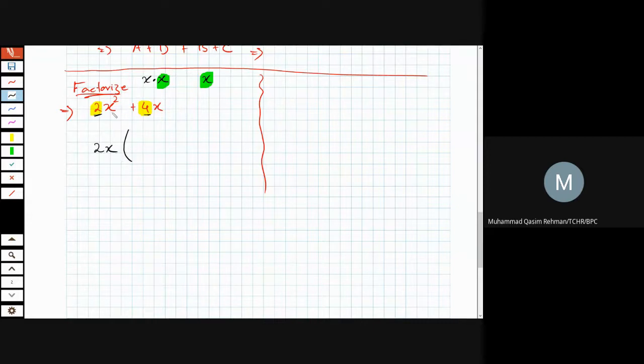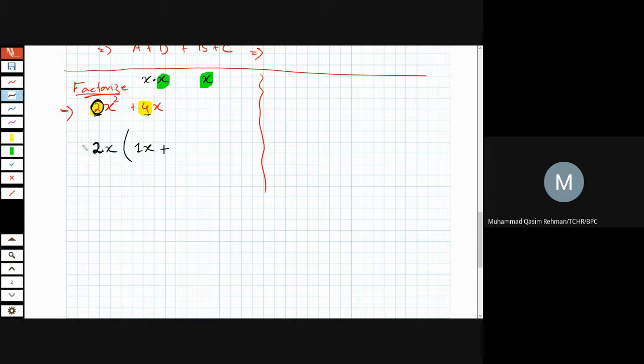So 2 times 1, no, so what have you taken as common? This 2. Now you need to check 2 times what is this 2. So 2 times 1 is this 2. So you basically put 1. 1x is gone out as common